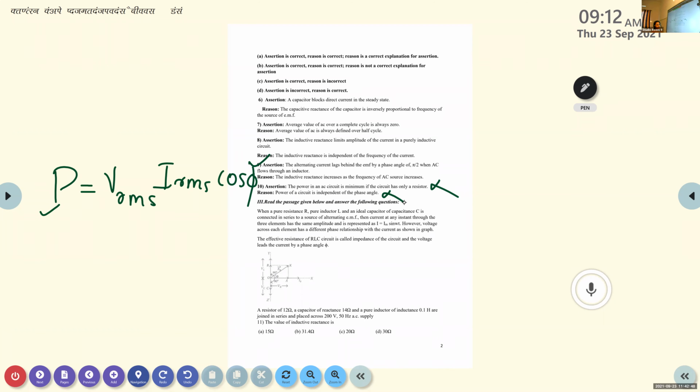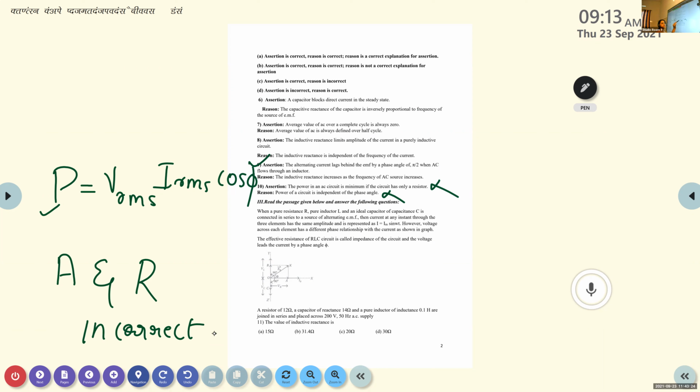Actually I didn't give any option like that. Both assertion and reason are incorrect. So I will compensate the mark of that question in any other questions, in multiple choice or in the case study. Actually for the 10th question, both assertion and reason are incorrect. I didn't give such an option in this assertion and reasoning pattern. So I'm so sorry. I will compensate that mark in the MCQ or in case study patterns.